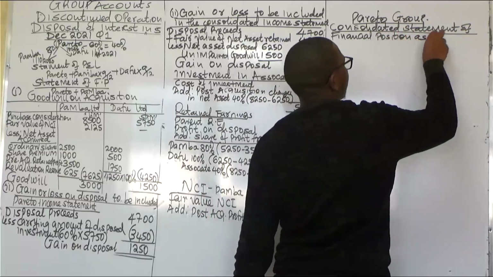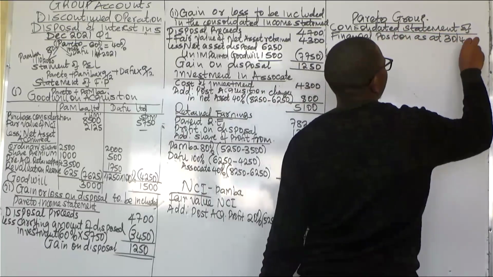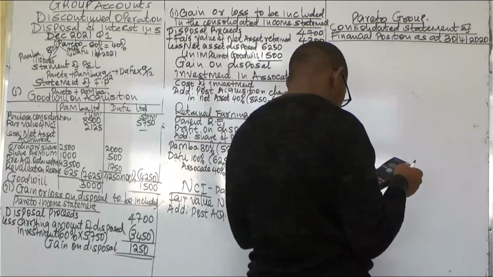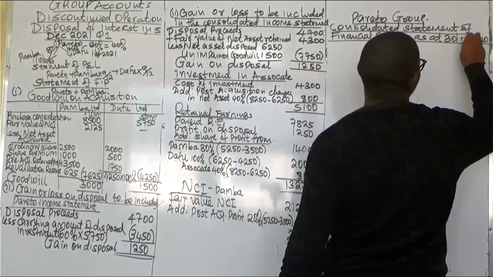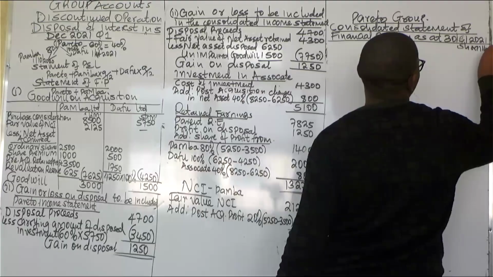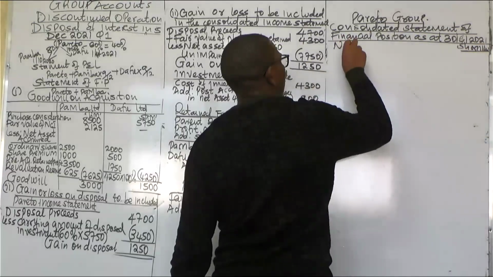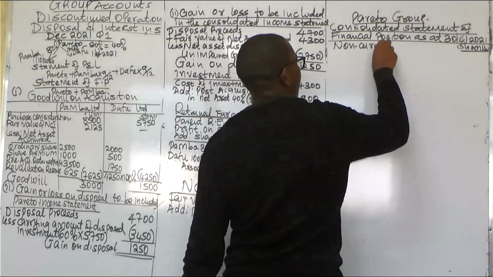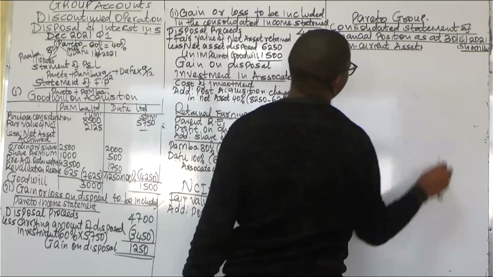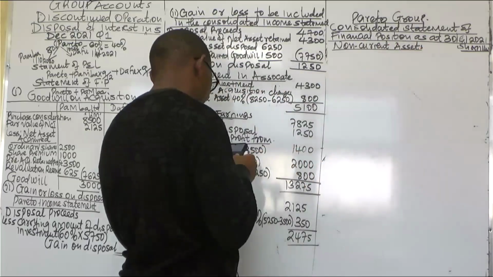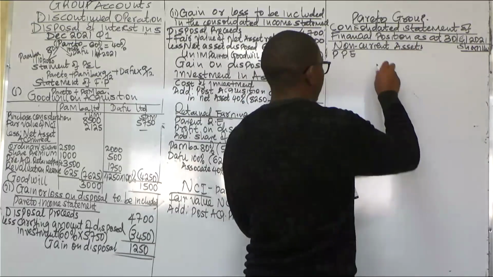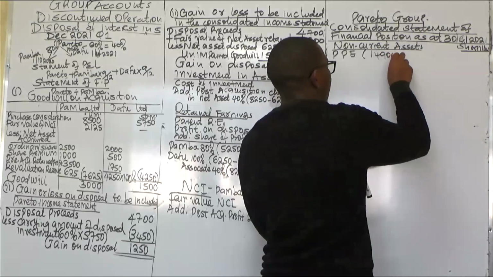This is as at when? That is June 2021. Shillings are in what? Million. So we'll begin with the non-current assets. For the non-current assets here, we have the PPE. We are only consolidating Pareto and Pamba,